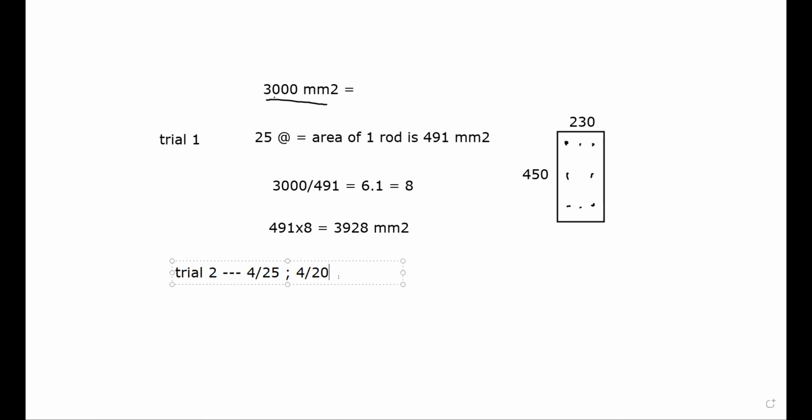But now tell me how much is the area that you are going to get if you are using 4 of 25 dia rods and 4 of 20 dia rods. So what is the area of a 20 dia rod? 314. One rod is 314 mm square. Now for the combination, you have to multiply 4 into 491 plus